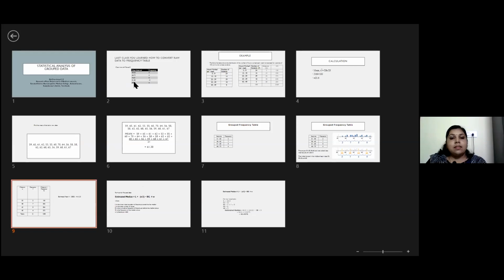Okay. So here there is a small change from the previous problem. The mid value will be a decimal. Just to make that clear, I'm giving you this sum because you may think that all the problems will have a mid value that is a round figure. No, the mid value can be in decimals also.